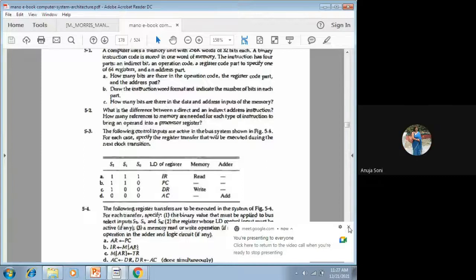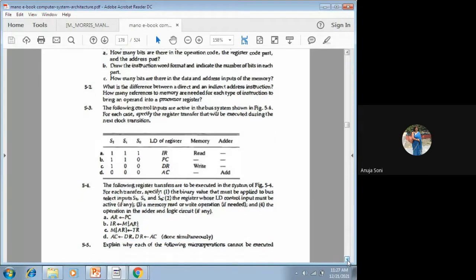So first two questions I hope you already have attempted and placed it in the form of the assignment. So in today's class, I will discuss question number 3, 4, and 5. All of these three questions are based on the common bus diagram of central processing unit. So in the context of the common bus diagram, all these questions will be explained.